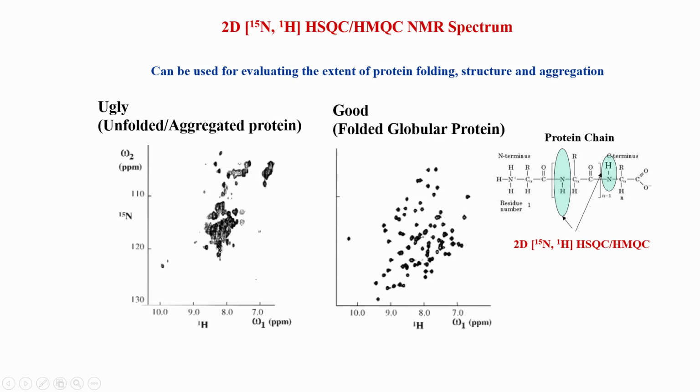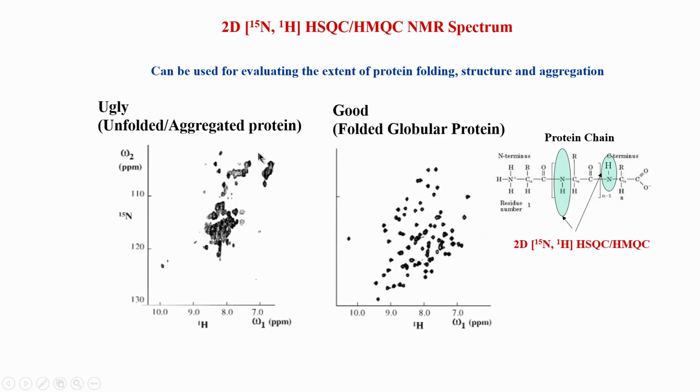Salt is another condition, maybe this is aggregating because of low salt. So, if you add a little bit of salt, it can prevent the aggregation and it can result in this condition. Sometimes the temperature is a parameter which has to be optimized, because at higher temperature the protein may start aggregating, and therefore we may have to go lower in temperature, and so on. So, this has to be optimized so that we get as clean a spectrum like this as possible.